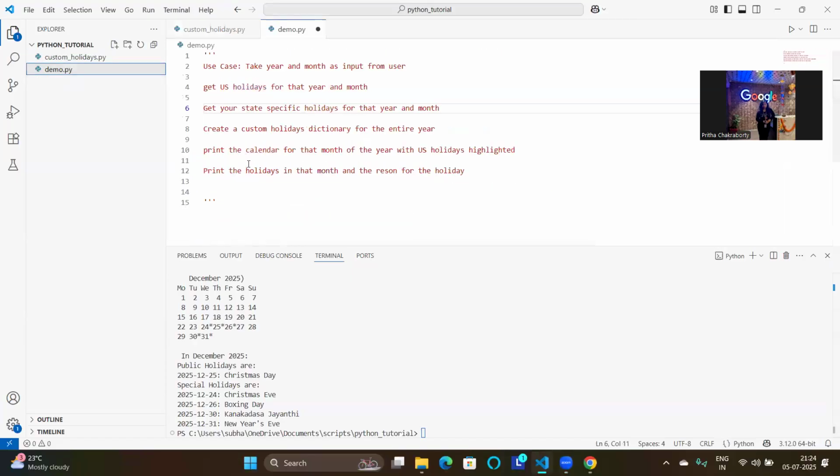So basically here I have given the use case. First we will take the year and the month from user input. Then we will get the US holidays for that year and month. We will also get the state specific holidays for the year and month. I will show you with Indian holidays, but you can try with any country and state of your